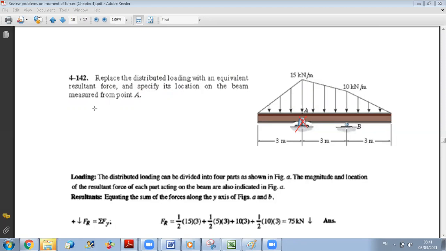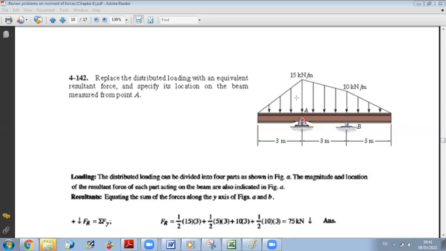But even if they said measured from point A, you can reduce first at O. Then when you find the distance from O, for example, let's say here you got this distance 5, you say then the distance from A is 5 minus 3. So when they say measured from A, this does not mean that you should take the resultant system at A. You can still choose O, okay? But let us do it to see what will be the difference. If I want to reduce at A first,